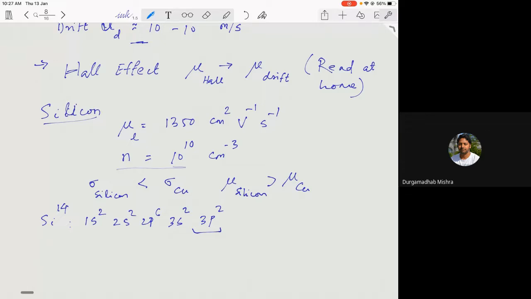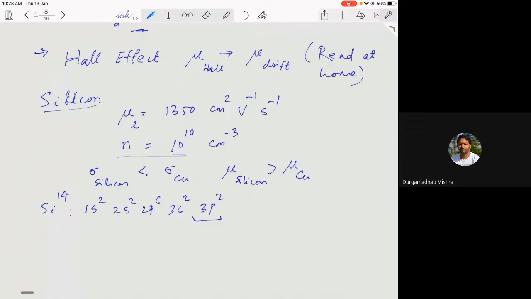In order to understand that, one thing: what is different between a piece of copper and a piece of silicon? The difference is, of course, the nature of the bonding, okay? So if you take a solid silicon, the bonding is mostly between the silicon and silicon atoms. It will be a covalent bonding,